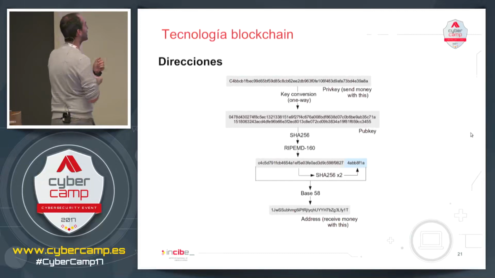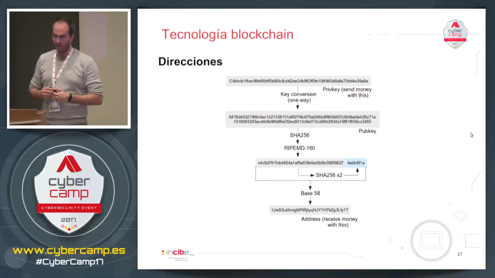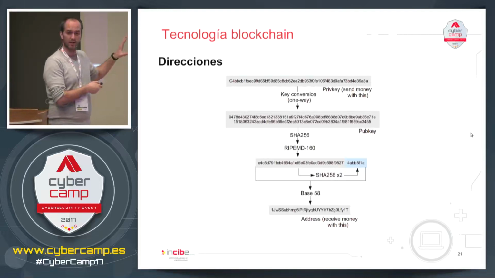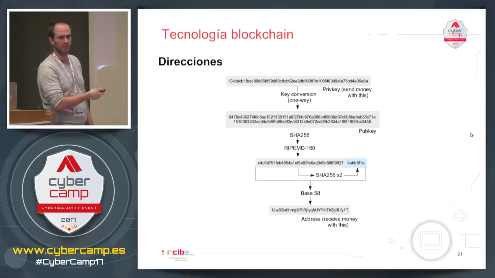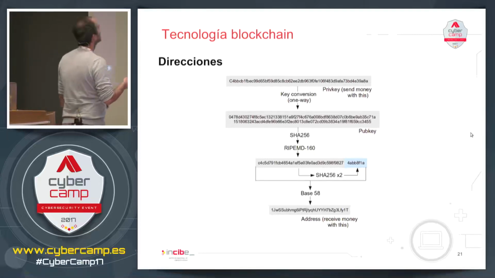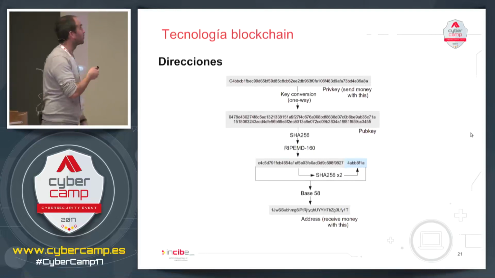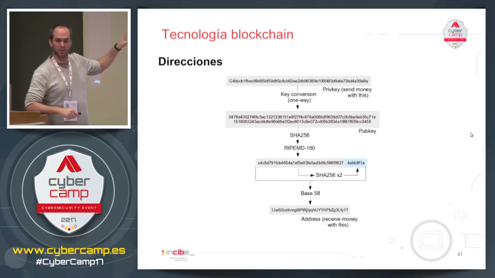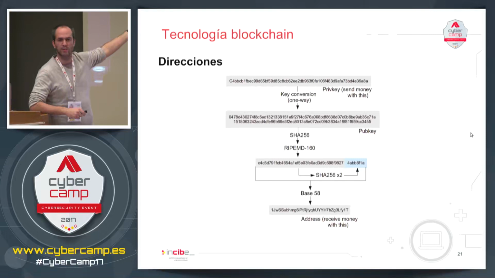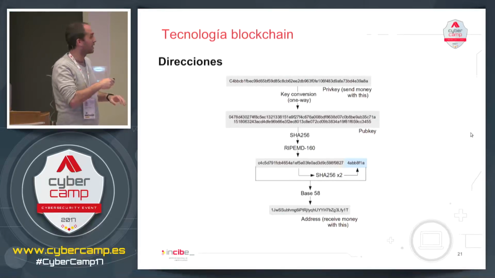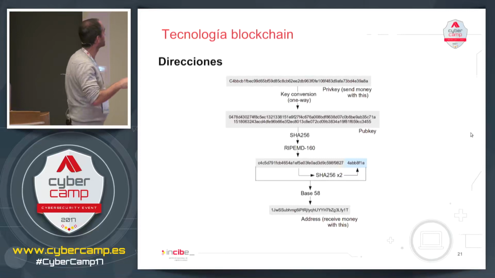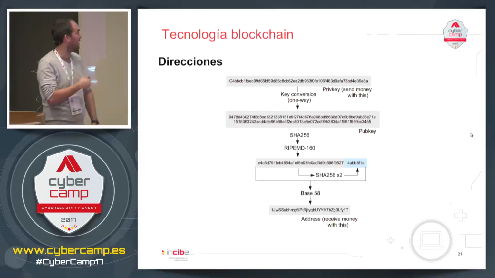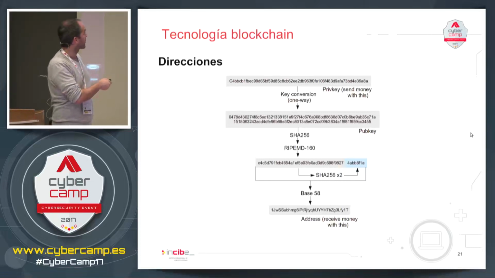This is the diagram of how you encode the addresses in Bitcoin. It's from the official website of Bitcoin. This is my private key. Bitcoin uses elliptic curves. But you remember the one we generated with OpenSSL? It's the same, but in a different way. So the private key here goes through a one-way key conversion. A specific conversion, then to these results.